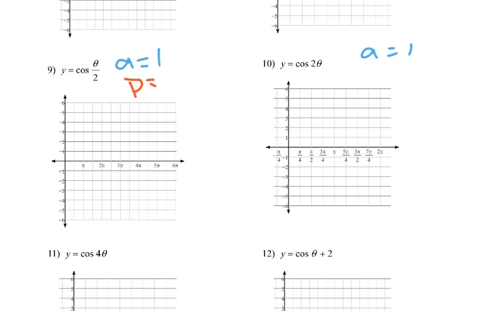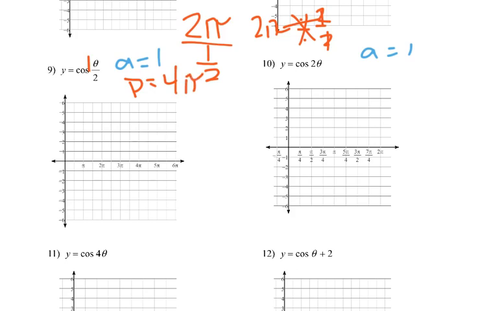Periods, though, so I'd go 2 pi divided by, and that's like 1/2. Okay, which would be 2 pi divided by 1/2, but we can't do that, so we can times by the reciprocal. So 2 pi times 2 would give us 4 pi. And this one at 2, that's like 2 pi divided by 2. Those would cancel, and our period would just be pi. So, if we have our parent function here,